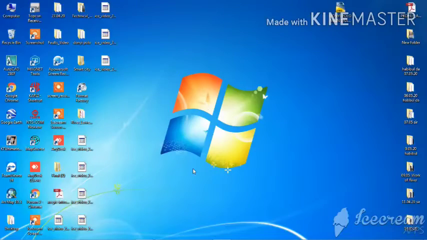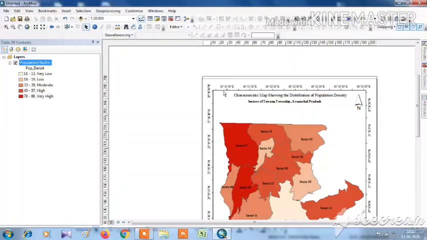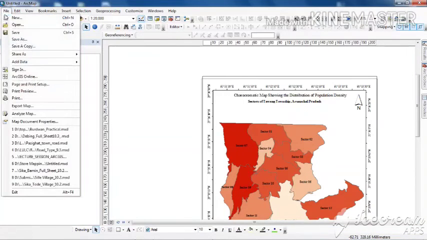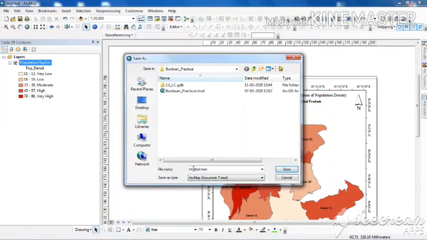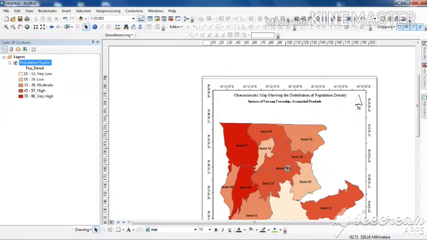And one thing I will also show today. Now after that, what I will do is that I will just save my project. You should not forget to do this, because by saving your project, if your prepared map or finalized layout gets lost, then also you can do it once again. ArcMap document file. So I can use it in the later times also as per my requirement.